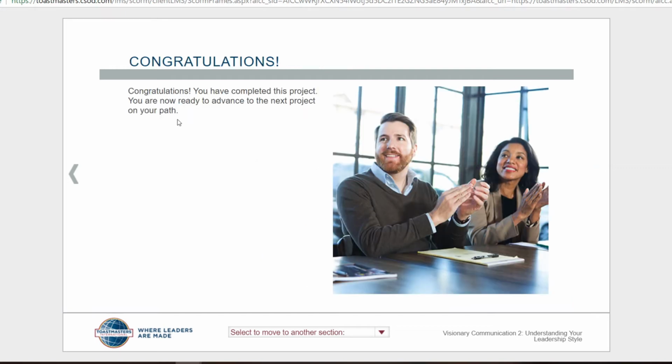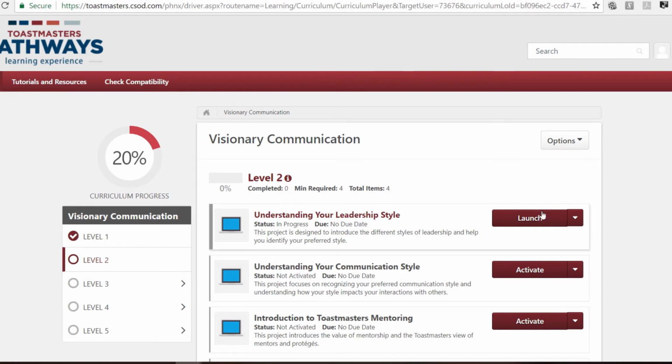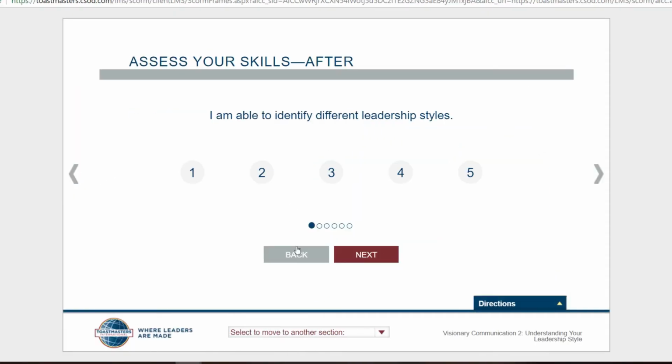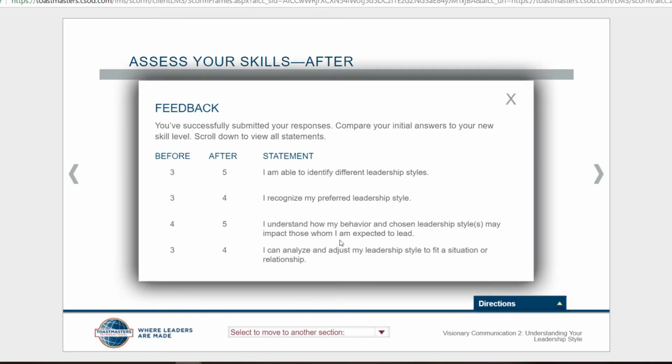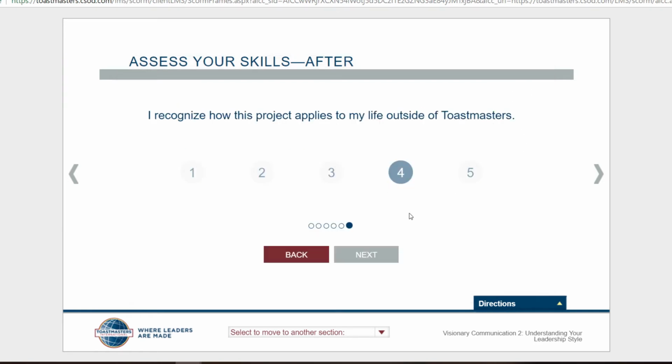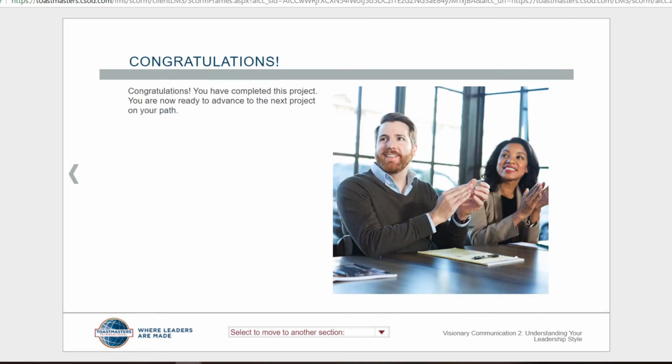Actually, let me show you. But this will not have refreshed to show that it's completed and show you the option that you get from it. So I now need to go back and do this all over again. It is important that you click that submit button, and it will show you comparatively where you've rated before the project and after. So according to myself, I have improved after my presentation. And now you can click there, and when I close this window,